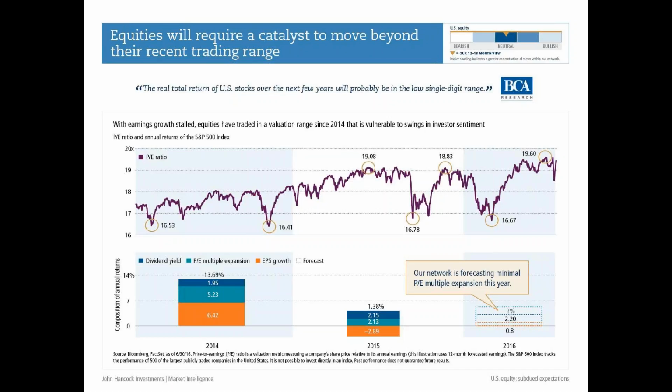So we've got 2% dividends. Earnings, it was 0.8, and it's even worse than that now. It's looking more like negative 1 or 2. But the S&P is up about 8% year to date, so it's been almost 10% in multiple expansion. Now, we wouldn't have forecasted this kind of strong returns this year. We would have thought it would have been a little bit lower. But nonetheless, you're still starting on these high multiples as you go out. So all in all, we're forecasting kind of a mid-single digit, I would say 5 to 10% type return environment for your U.S. equities, and that's kind of why we're more neutral.